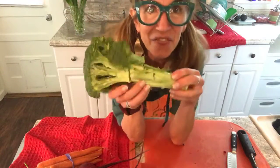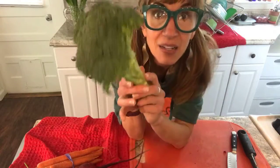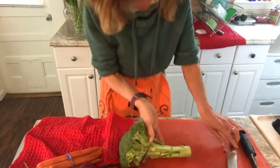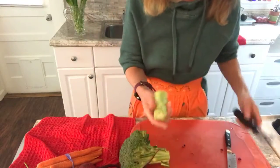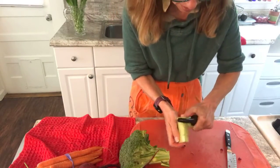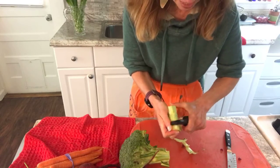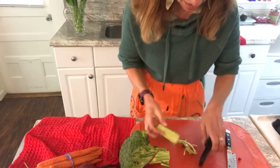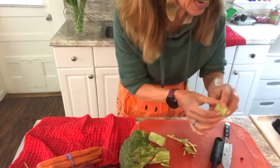Okay, here's another favorite. Yep. What do we tend to do when we buy a stalk of broccoli? Here's what we tend to do. We tend to chop the stem off and then we throw it away. Don't do that. Let me show you a trick. Take your peeler, peel the tough skin away. You're probably going to want to toss that really, really thick woody part in your